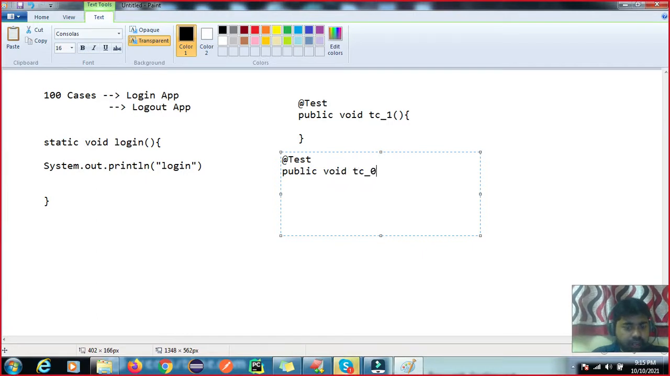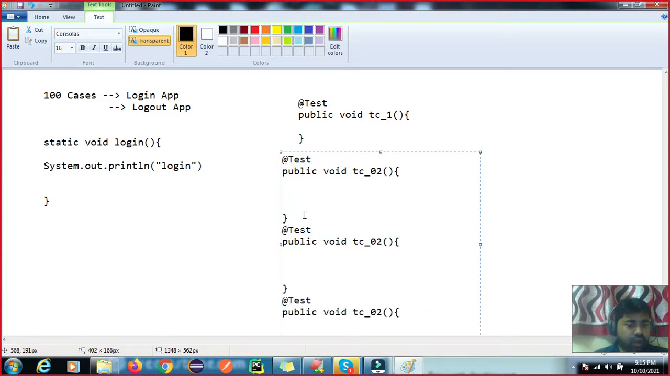tc02, right? Again you have to log in the application. Here you also have to log in the application. Here also. Here also. So I am not using the method concept. Then what happens, I have to write some logic here to log in to the application. Like this is the logic,